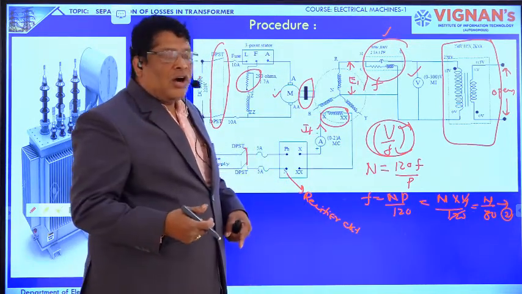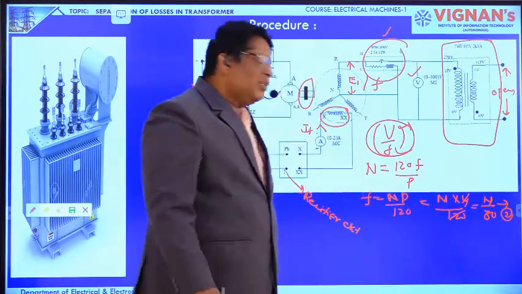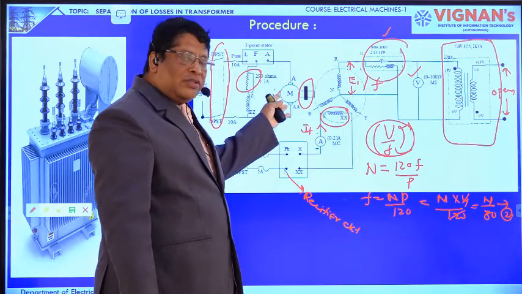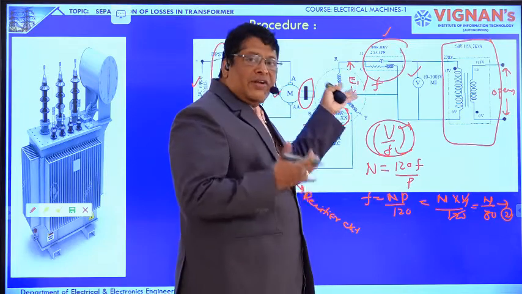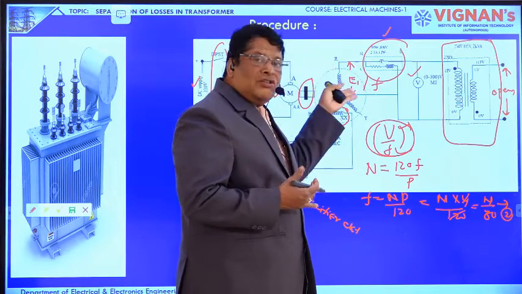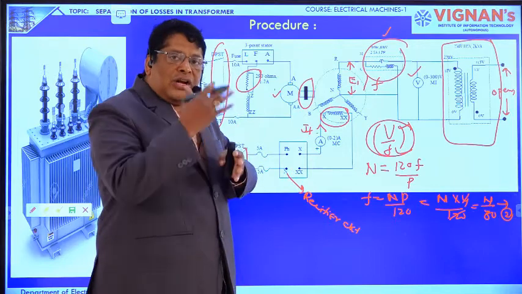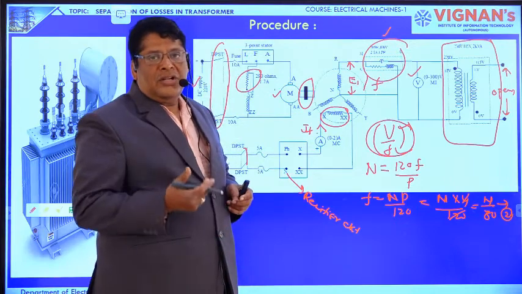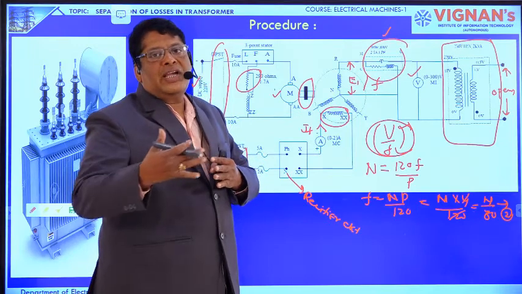Already we know how much frequency is generated in the alternator from this relation, by changing the speed of the motor so that the frequency changes. So we know how much frequency is generated for the given alternator. Once we know that, the voltage we also know by means of this voltmeter. You have to maintain the V by F ratio constant. Whenever the V by F ratio is constant, you note down the wattmeter reading. In that manner, we are going to take nearly 10 readings.